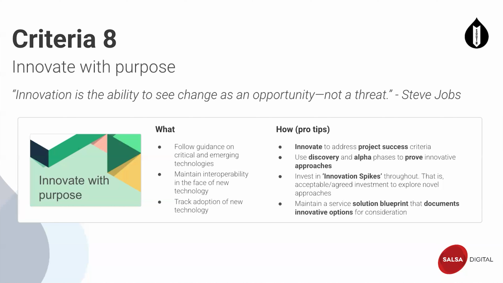Consider innovation spikes. With innovation spikes, maybe many people have used this, but at least from what I've seen, you can control the amount of innovation investment, and you can have a sort of risk-based approach to exploring novel approaches and the application of new technology. And I guess innovation spikes can provide guardrails for the innovation investment. And I guess the idea is to help balance creativity and exploration with the sort of core of getting the service built or the project executed.